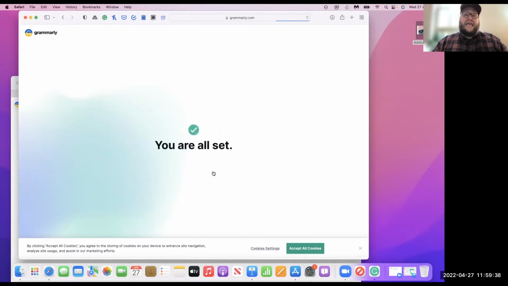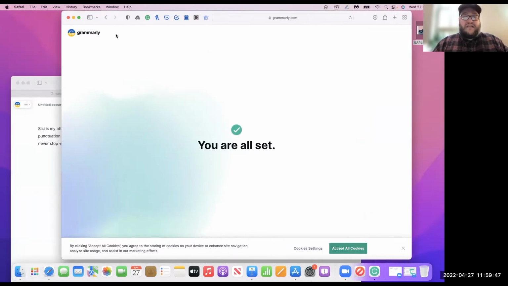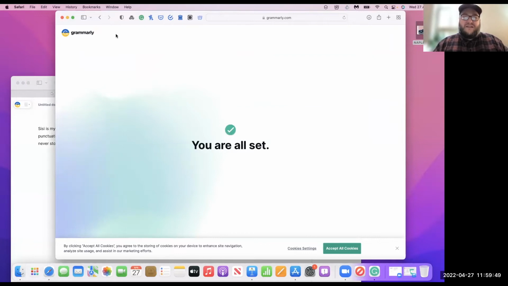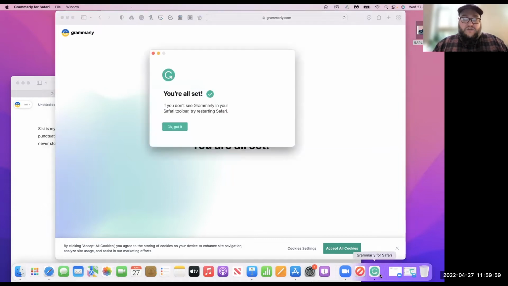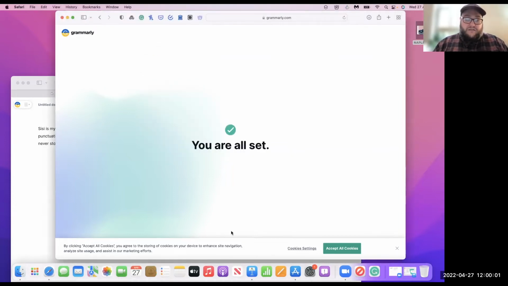I haven't. Yeah, so this is just the extension I'm showing you at the moment, but the app has a bit more function. The extension is just for when you're doing stuff on the web. So if you're writing a blog post, or commenting on Facebook or something like that, then it kind of kicks in. But the app itself gives you much more in the way of using it with other apps. So if I open Pages, for example,